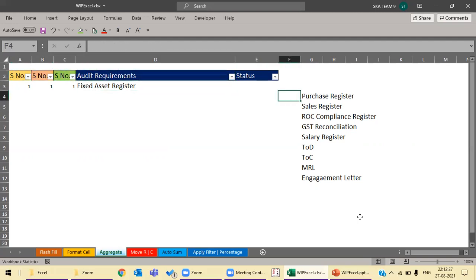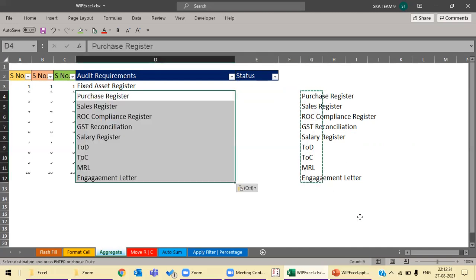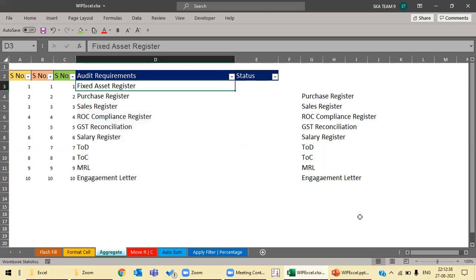Suppose during audit assignments, we all prepare a requirement list. This is the requirement list that we have prepared for a certain audit assignment, and you see there is a total list of 10, and these serial numbers have been generated using different formulas. Let's see which formula is more effective and which one will win.